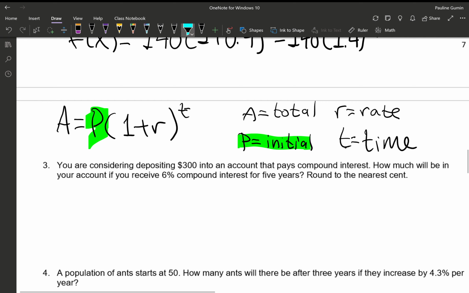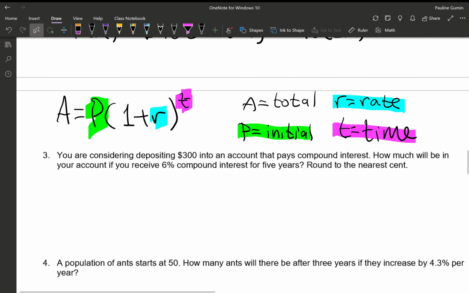So if you have time in minutes, your answer is going to be about minutes. If your time is in years or hours, it's going to be about years or hours. So it doesn't really matter which unit the time is in, as long as that's where you're putting the amount of time. And if you're ever asked to analyze the problem, you are saying years, minutes, hours, etc., whatever it's